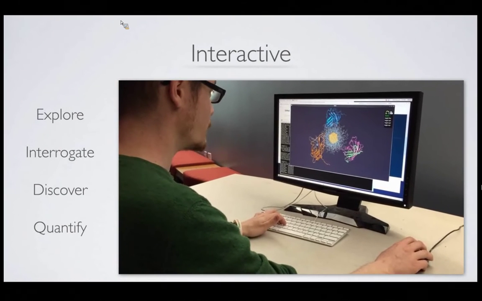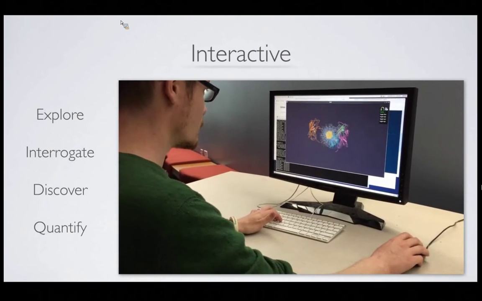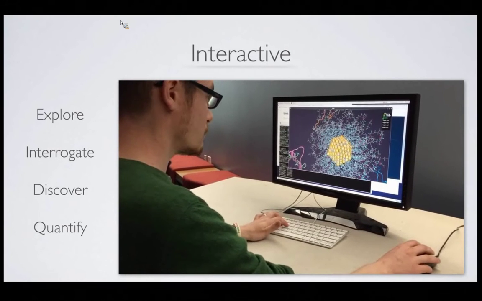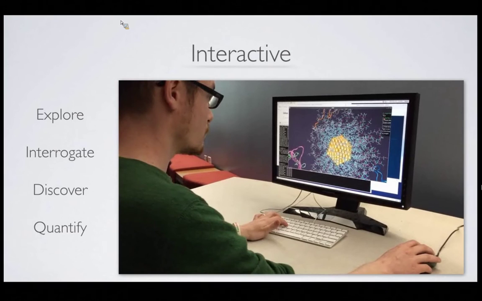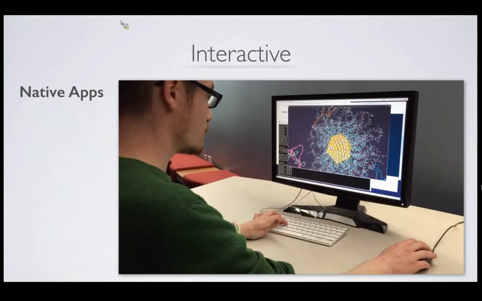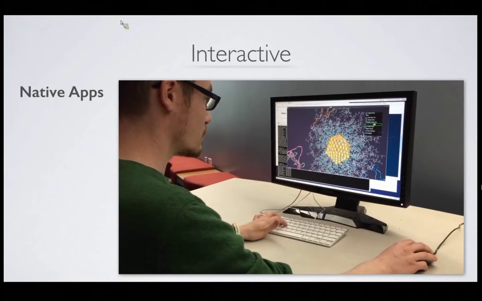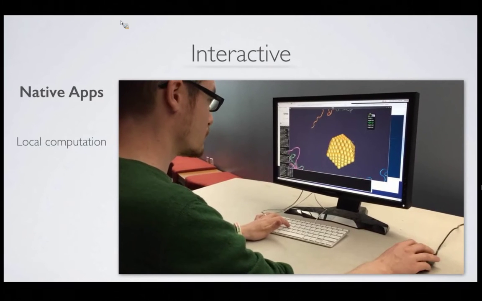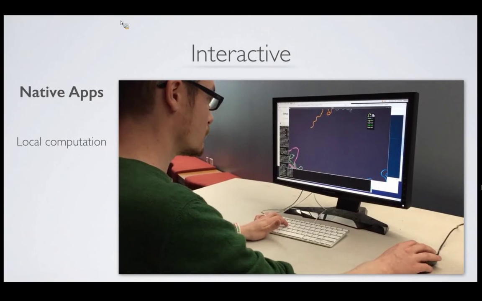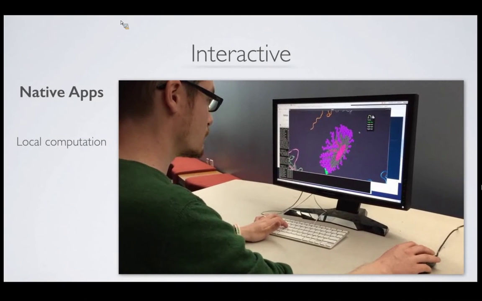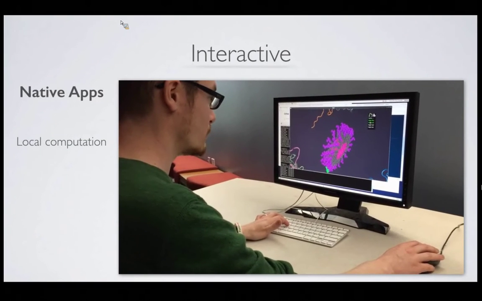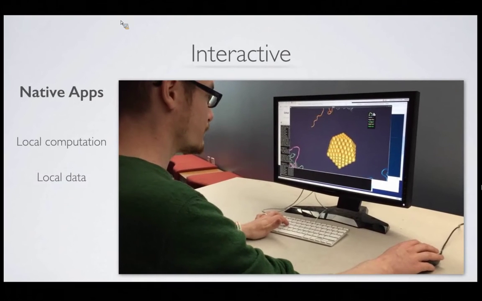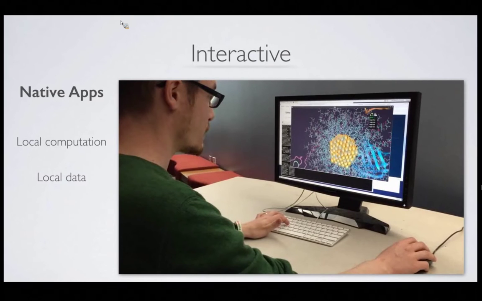And so this interactive visualization can be seen on a number of different platforms. The platform that you're viewing right now in that video is basically just a native application. And this is one of the things that we can produce. So native applications run locally. So you use your local computer, and you're sort of limited in that sense, because your computer's only so powerful. So same with data, you kind of have local data.